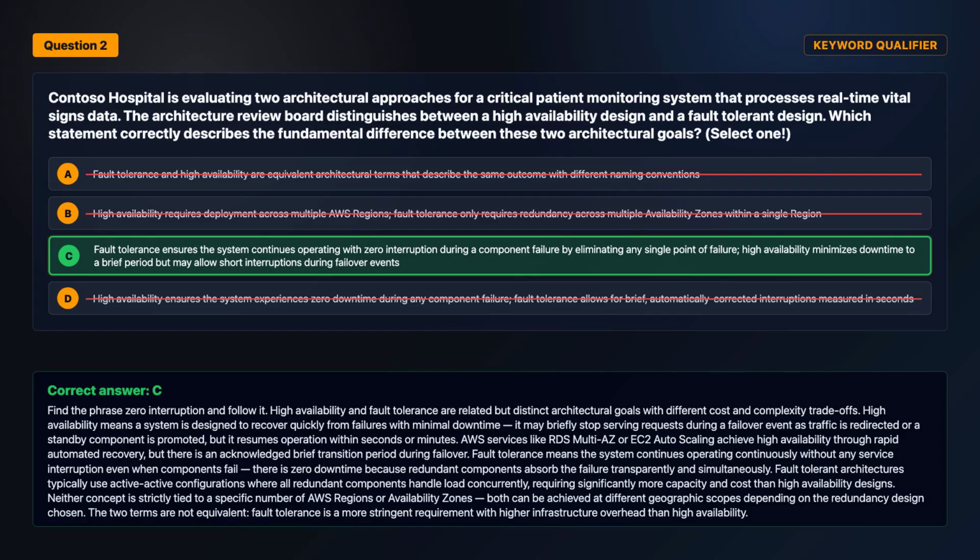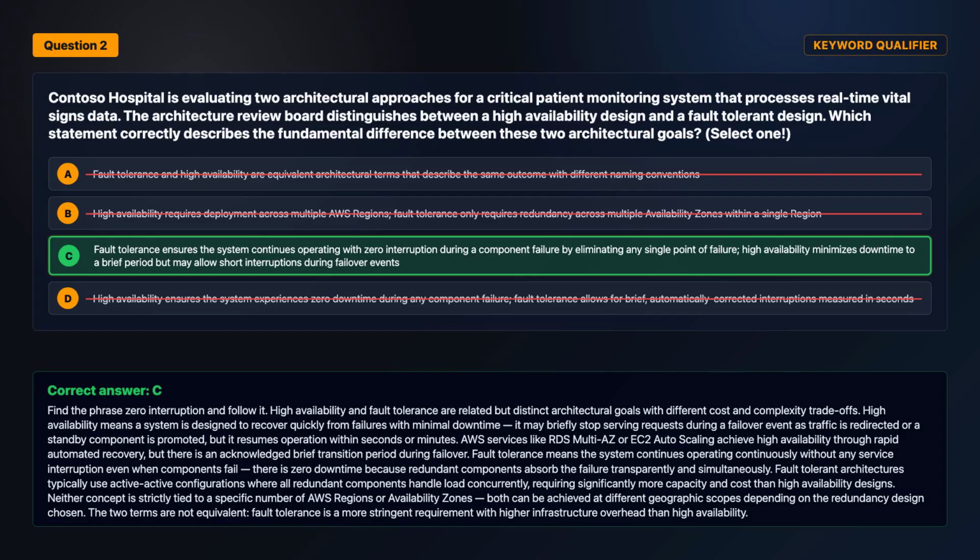AWS services like RDS Multi-AZ or EC2 Auto Scaling achieve high availability through rapid automated recovery, but there is an acknowledged brief transition period during failover. Fault tolerance means the system continues operating continuously without any service interruption even when components fail. There is zero downtime because redundant components absorb the failure transparently and simultaneously. Fault-tolerant architectures typically use active-active configurations, where all redundant components handle load concurrently, requiring significantly more capacity and cost than